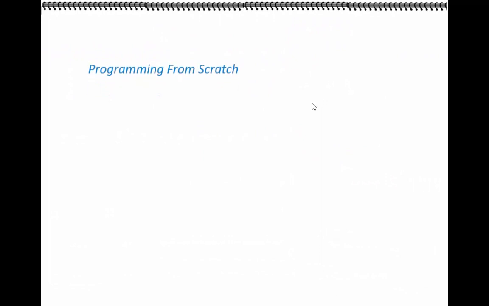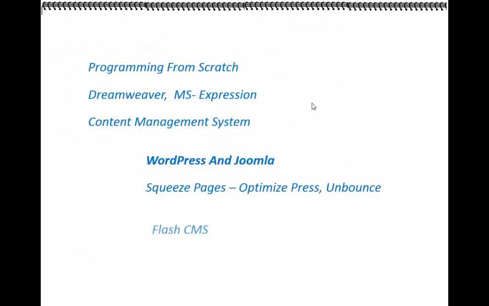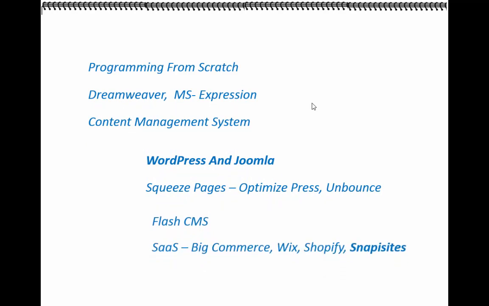But thank God, these days there are special softwares that automatically generate these codes for you, like interpreters. So you are now focused on making your website look beautiful. You're focused on generating content for your website. You're focused on driving traffic to your website. You're focused on converting this traffic, making them do what you want them to do. You're focused on making the sales. You're focused on getting your return on investment.